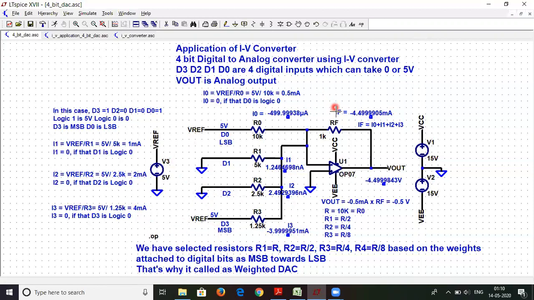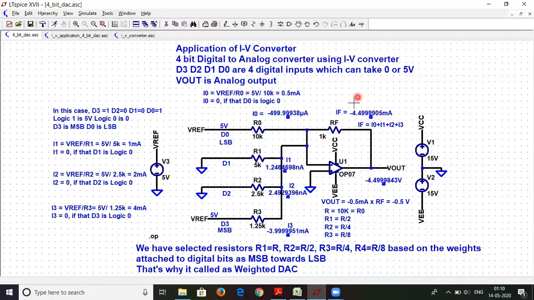The IF we have already told you is the combination of I0 plus I1 plus I2 plus I3. So it will be minus 0.5 milliamperes plus minus 4 milliamperes, which gives you minus 4.5 milliamperes.